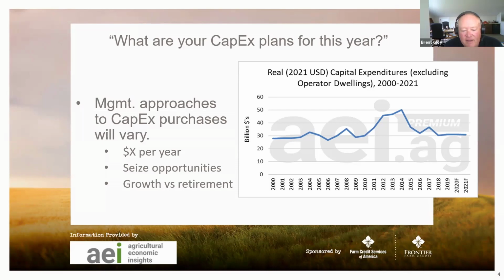And the other thing to think about in terms of your capital expenditure plan is the cycle or the stage of your farm. If we're in a rapid growth mode, it's really important in that time frame to map that out, so that as the business increases in size, we have the funds available to meet those needs. And then the other time that's really critical is that retirement phase, thinking through those capital expenditure plans.